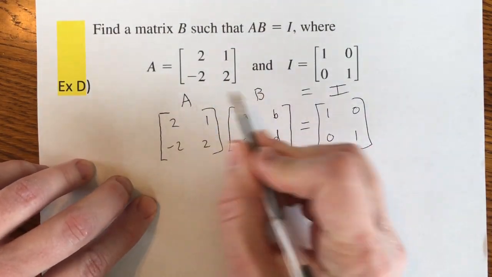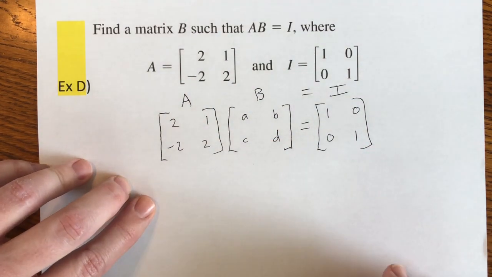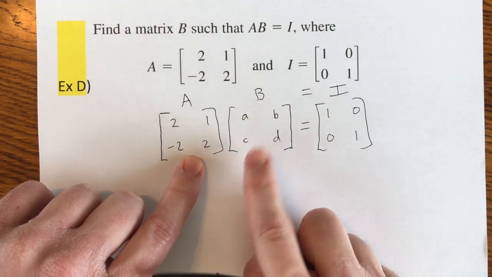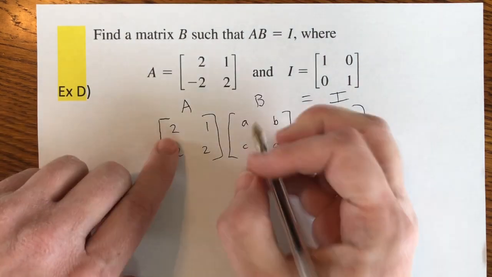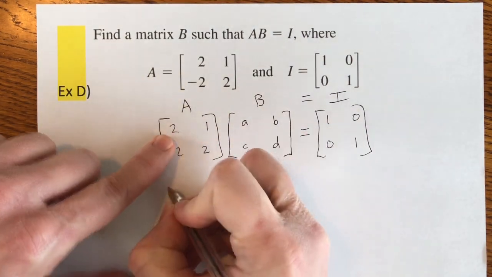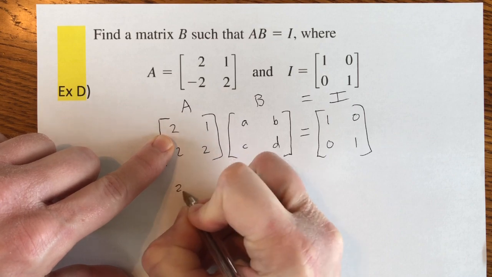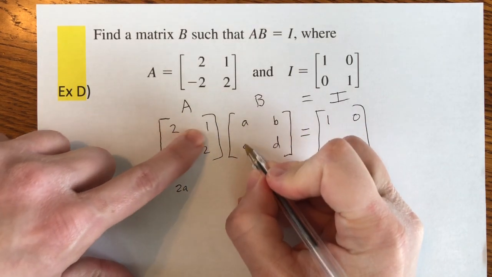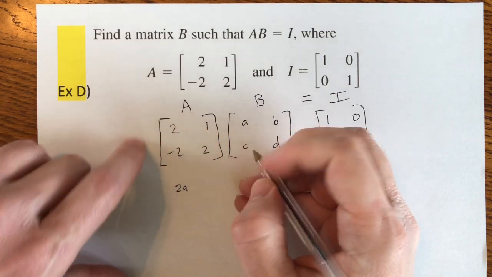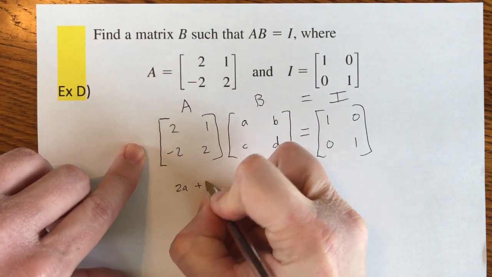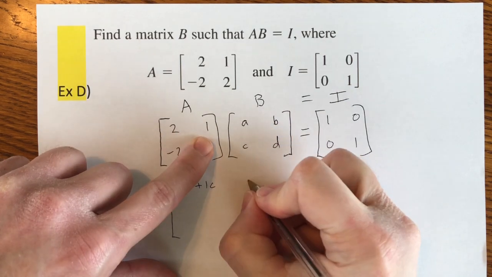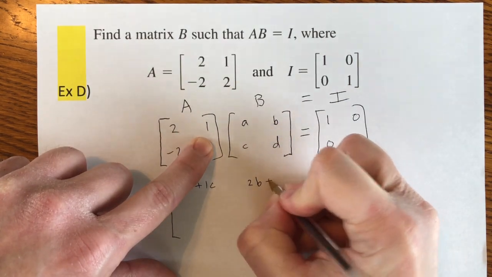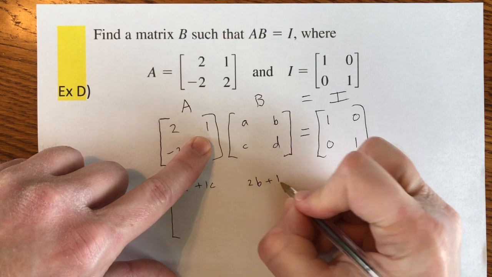All right, so based upon what we currently know, we can actually multiply these 2 matrices together because it's a 2 by 2 times a 2 by 2. Let's review that process. So it's going to be 2A plus 1C, and then it's going to be 2B plus 1D,